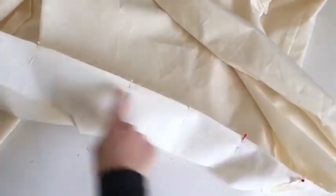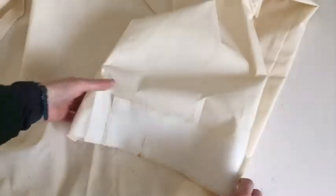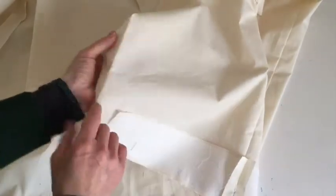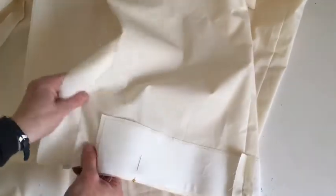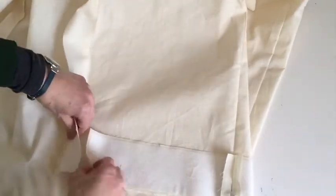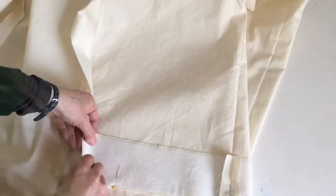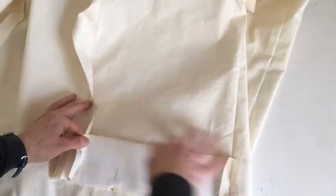So now I have the facing pinned all along at the hem, and if you work away and come right around, say to one side of the front, you can see there is a facing in front of this coat, and you're going to fold that back, and you see that is going to fit just here, and these two will sew together here. Okay, and then this will be designed to sew to lining as well, so the lining will fill in this section,